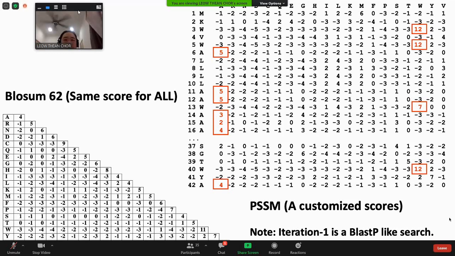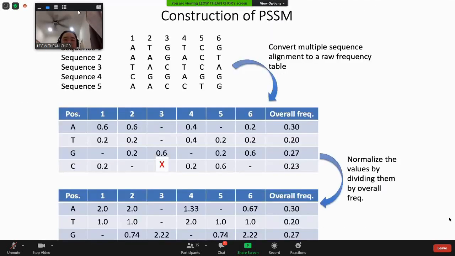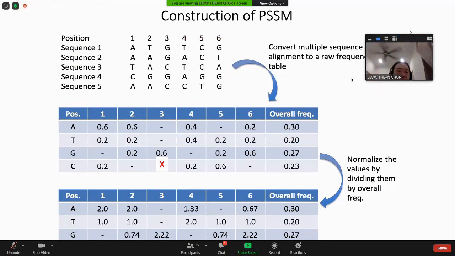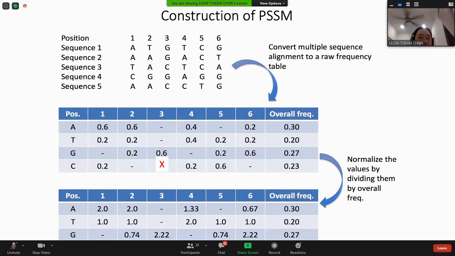Okay, how to construct PSSM? When you perform PSI-BLAST against the NCBI database, you don't know how the PSSM is constructed. Now I give you an example. It should not be a nucleotide sequence because PSI-BLAST is for protein BLAST; it should be amino acid sequence. Somehow, this example is more simple to follow. That's why I use a nucleotide sequence to construct the PSSM